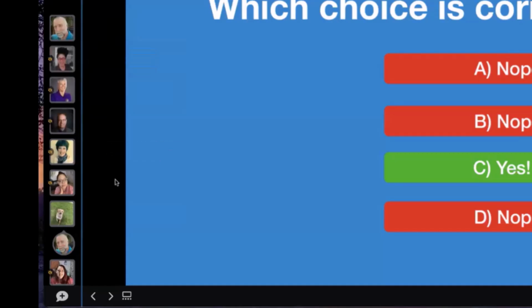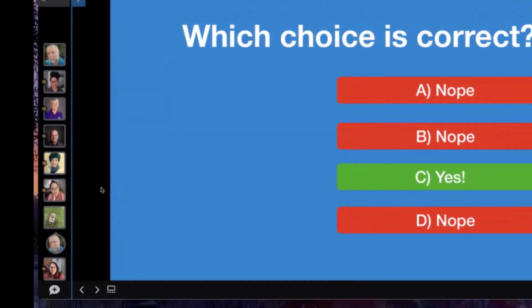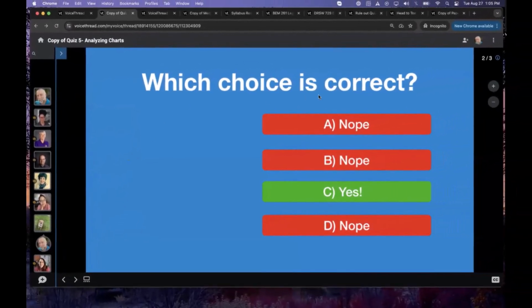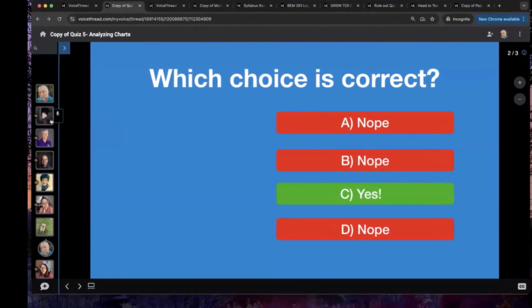So why do we use comment moderation? We use it primarily for assessment purposes. There are other use cases, but primarily it's used for assessment. So if I'm asking my students a question on a slide and I don't want them to hear each other's answers, I would turn comment moderation on. All right, and you can always turn comment moderation off in the playback settings,